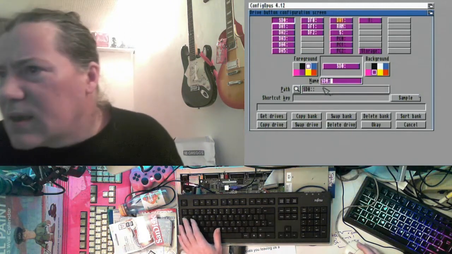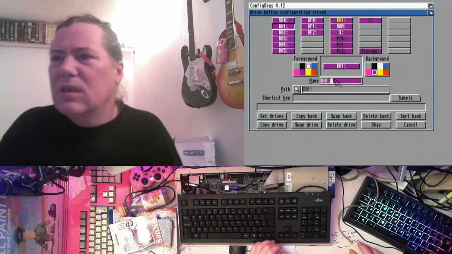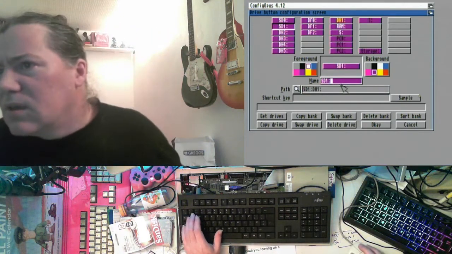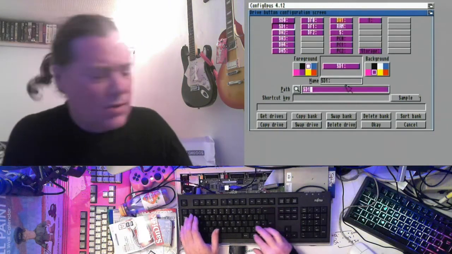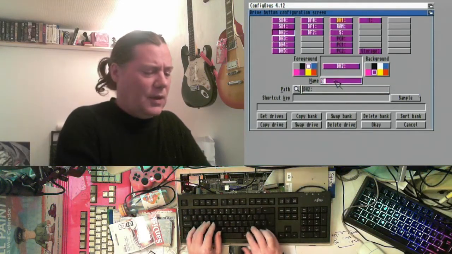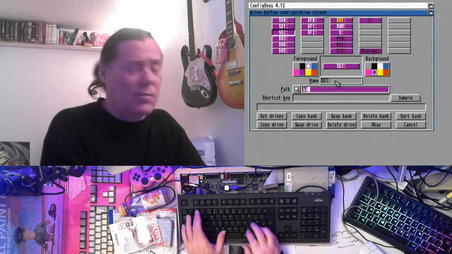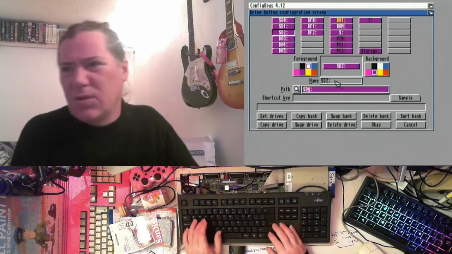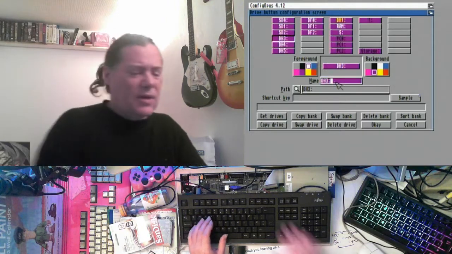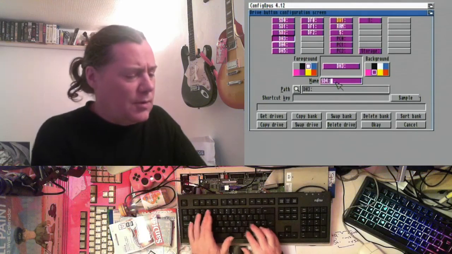So. Yeah, SD0. What was it, 5 of them? 5? Really? 5 seems a bit unnecessary, doesn't it, for partitions, but well, you know, when you've got your Workbench, your work, your demos, your games, and, to be fair, I think modules could probably be on their own partition themselves, because there's loads of modules, 1.5 gig, I think. So yeah, they could probably be on their own. No, 4. They could probably be on their own partition,